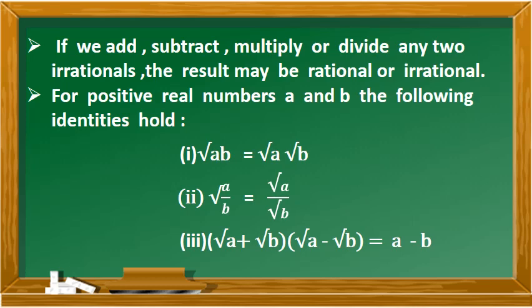Root 4 is like, so now add up 5 plus 2, you get 7, 7 root 4. So 7 root 4 is nothing but 7 into 2, since root 4 is 2. So what is 7 into 2? You are getting 14. So in this case, your answer is 14, a rational number.